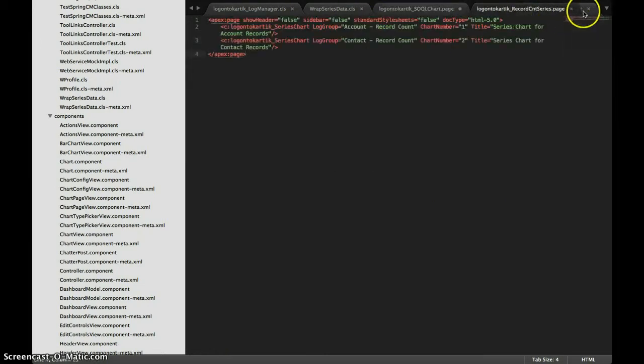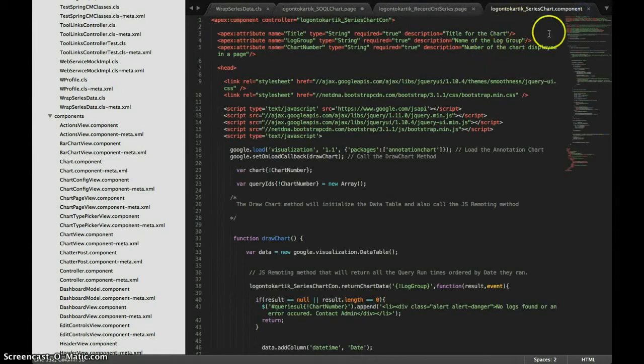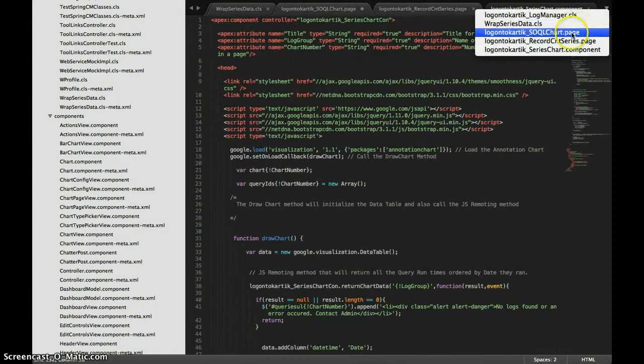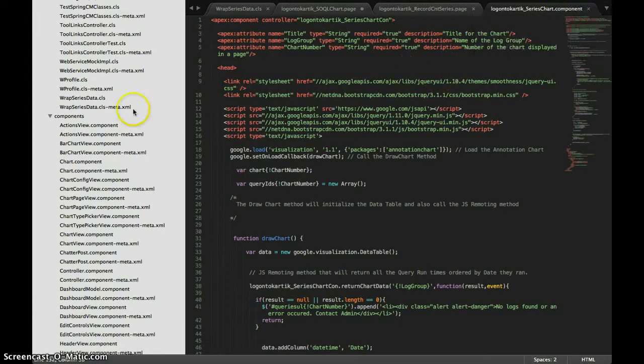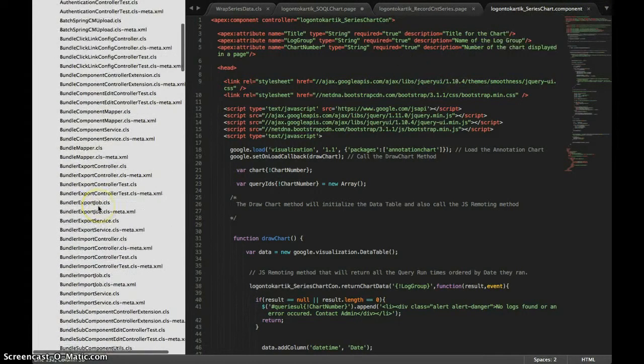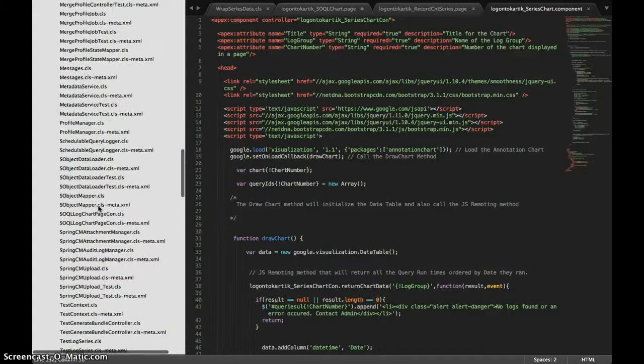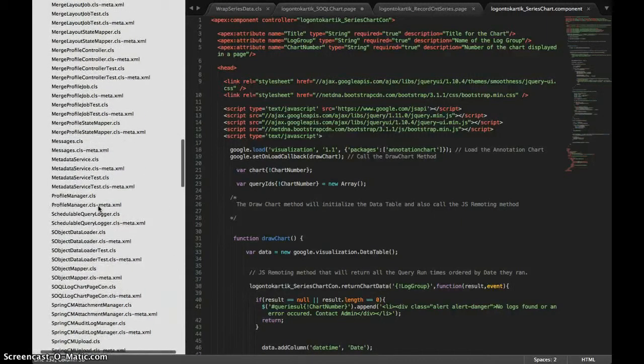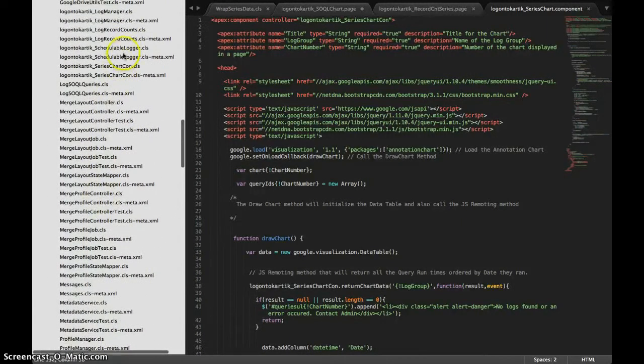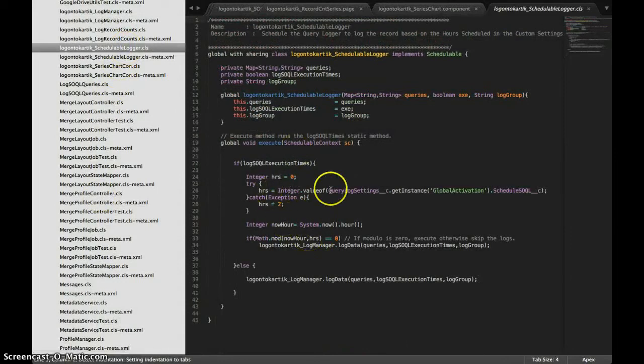Let me show you the job name. You can see that there is a custom setting, QueryLogSettings.ScheduleSQL, which by default is defined as 2.